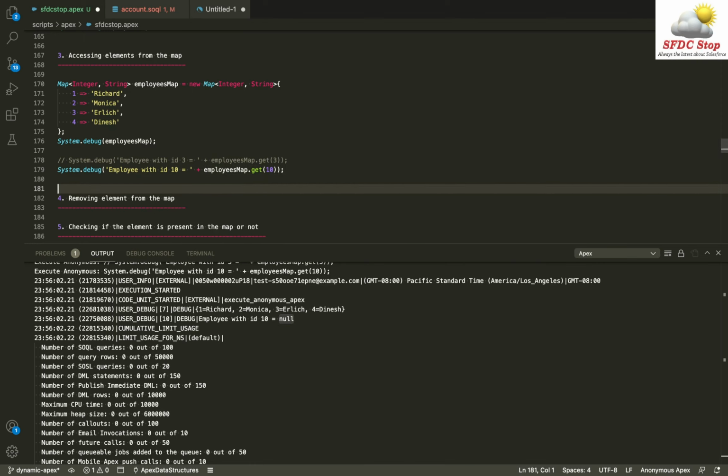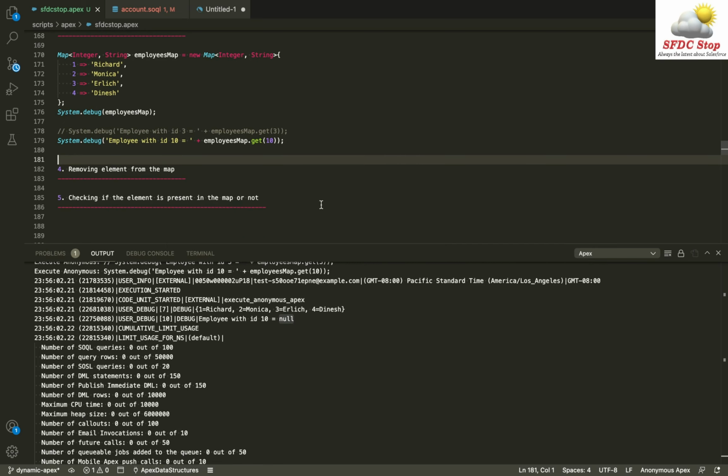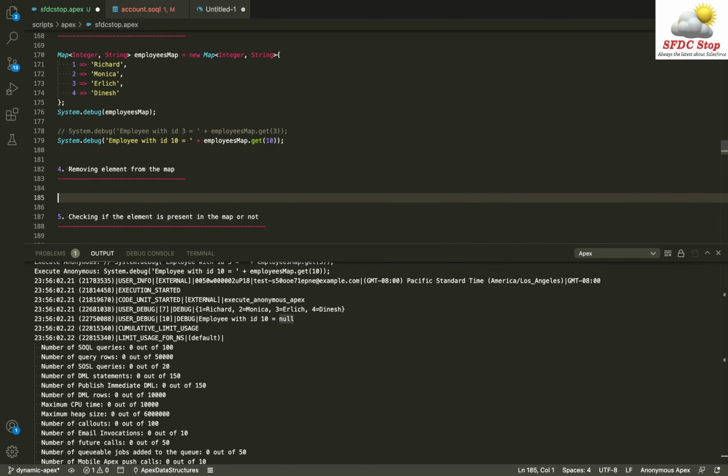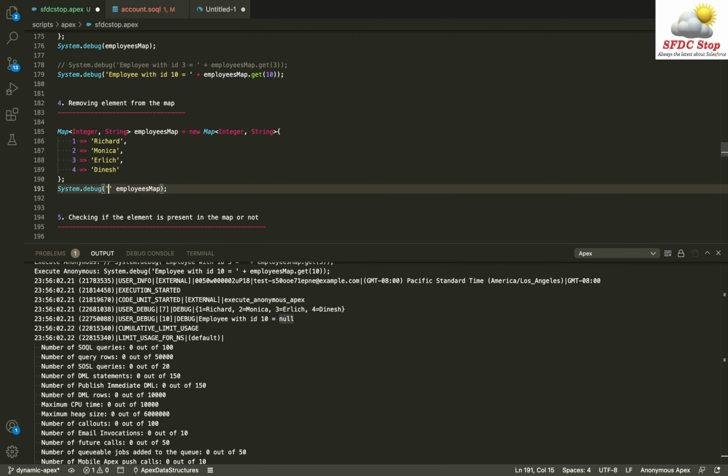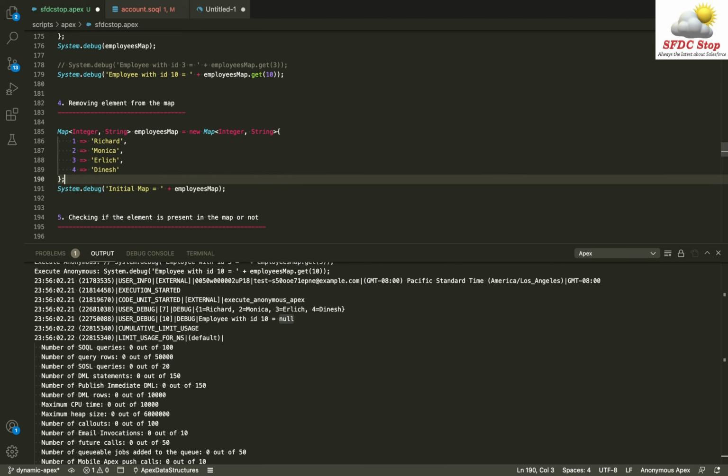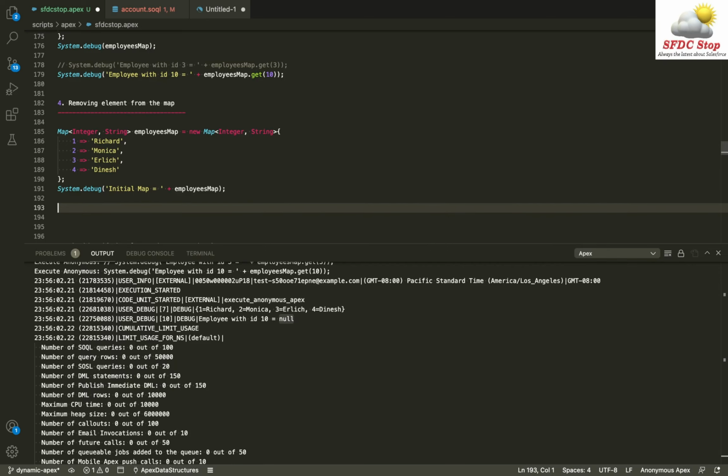Now let's see how can we remove an element from the map. I'm just going to use the same map again. So initial map is equal to this, and now I want to remove some element.